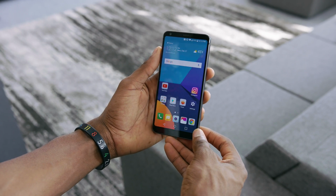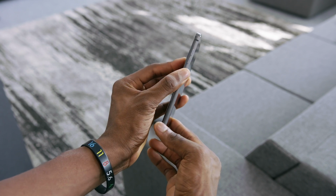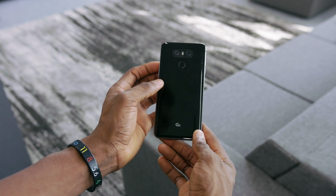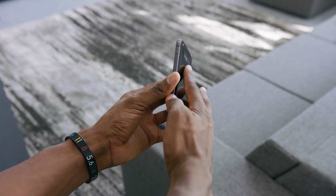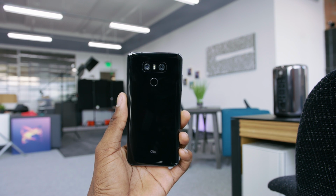The design of the G6 is completely new. It's ditched the modular nature of the G5 for a much more, you could say, traditional premium smartphone design. So just metal and glass everywhere. It still has the volume buttons on the side, which I really like, and it keeps the trademarked and loved LG power button and fingerprint reader on the back, which also happens to complete this face